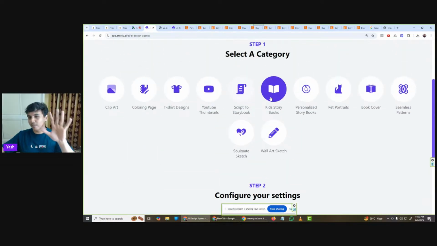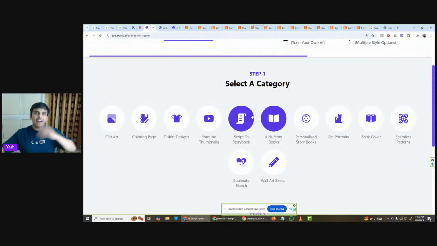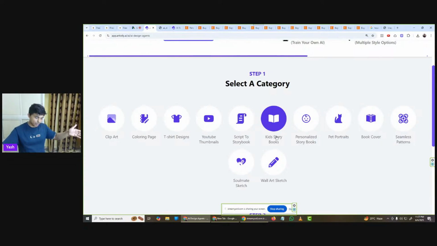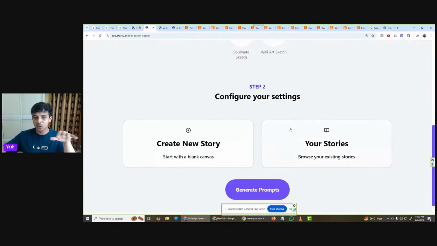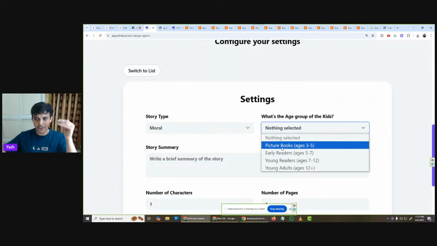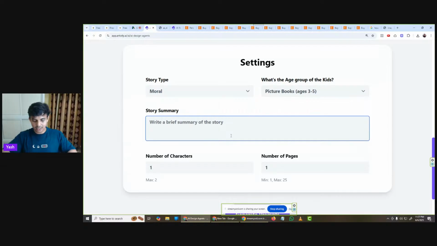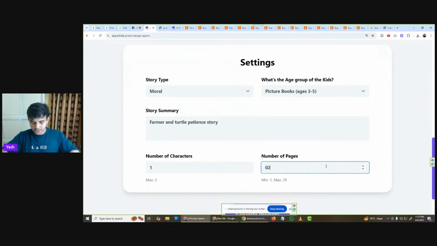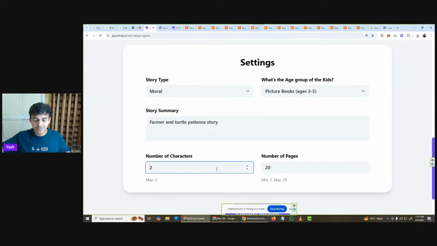But if you're not sure about the story, but you have a story idea in your mind, there's a difference between the two, right? A fully written story or a story idea. Then use kid storybook if you just have a story idea. Create a new story, pick your story type, moral, picture books, story summary. Let's say, like farmer and turtle patience story, for example. Number of pages is 20 pages, number of characters 2, and then generate the